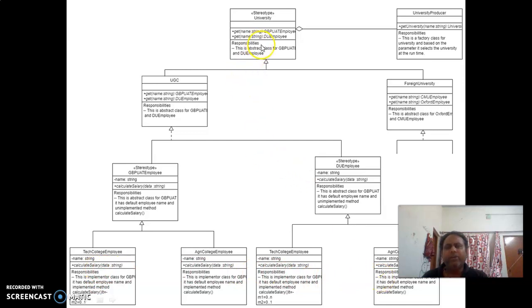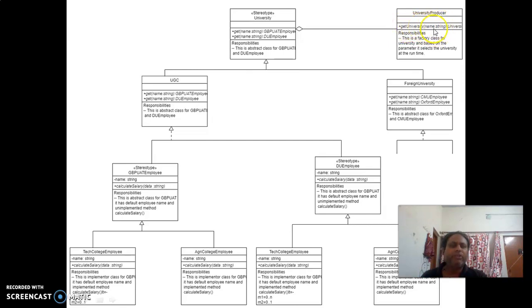I need not expose these classes directly to the end user. The end user, I mean to say the customer, will see only the university producer and will get the university by using this method. So the customer will be calling only the get university method.